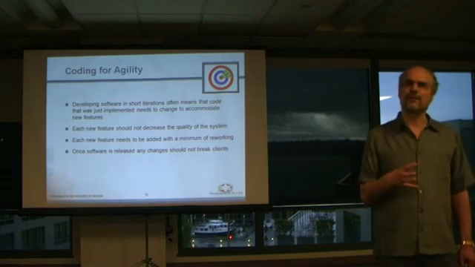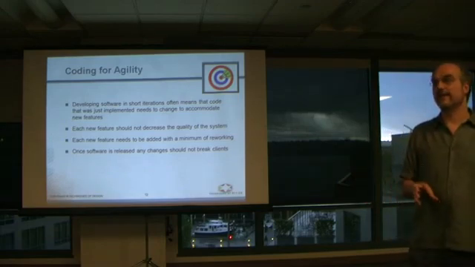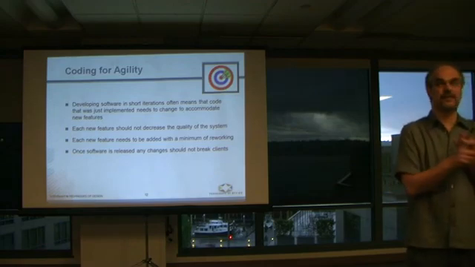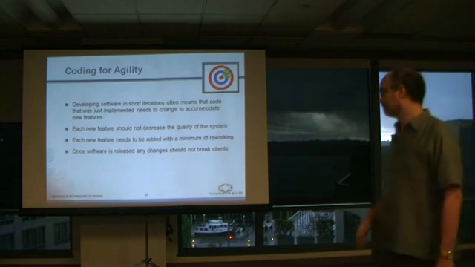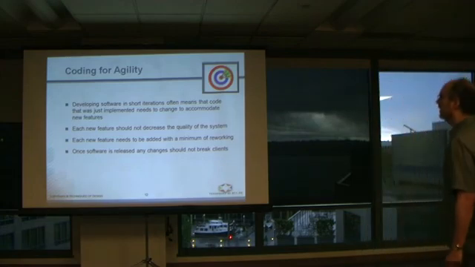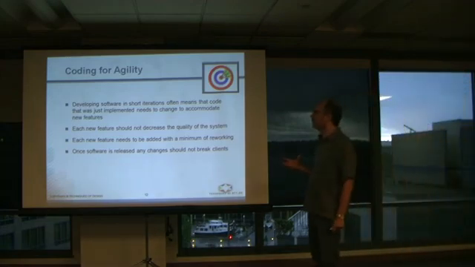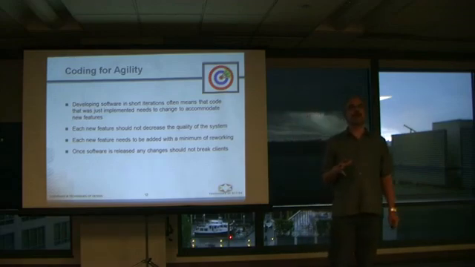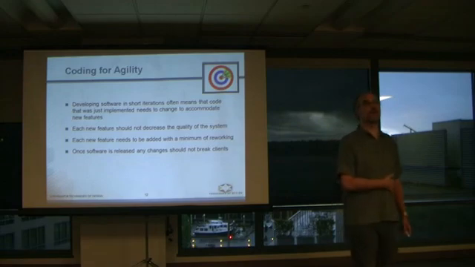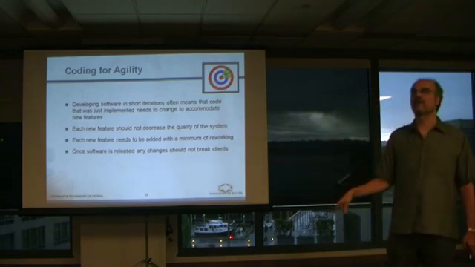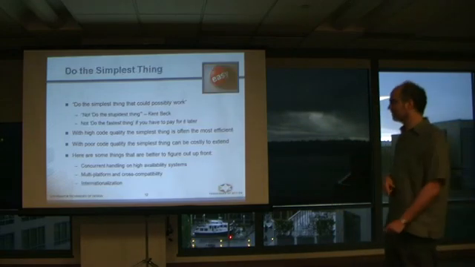And when we do that, the question is, how do we do that in a way that is the most efficient and that doesn't degrade the quality of our code, that we're not hacking around? Because if we're building software in iterations, we want to make sure that the features we add are done with a minimal amount of reworking, and that what we do does not break other clients that are using our software.